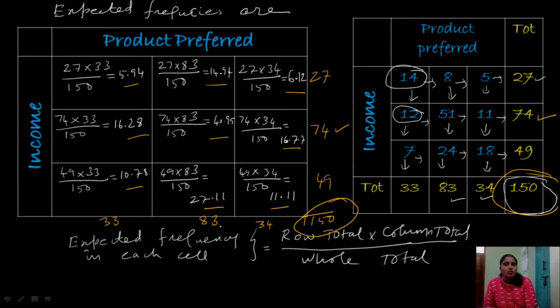So no need to calculate the row totals and column totals for expected frequencies for our calculation purpose. We just calculate these totals only to verify whether our calculated values of expected frequencies are correct or not. Just for verification only, we check whether they are equal to the whole total of the observed frequencies. By doing this, we can identify where we have made mistakes and correct them. Okay. So next we move on to the calculation part of chi-square.